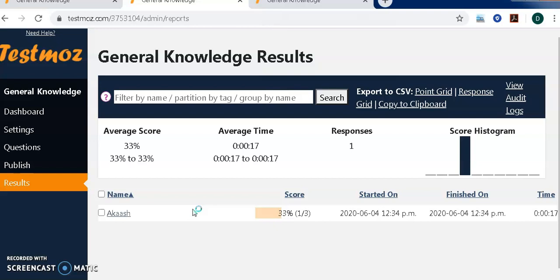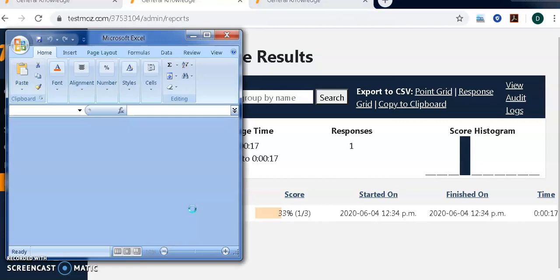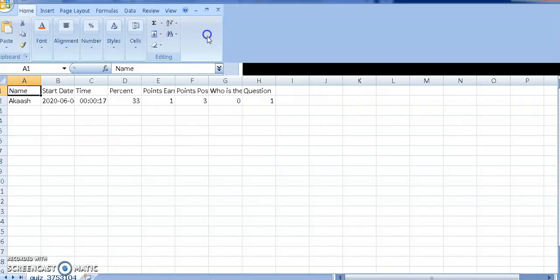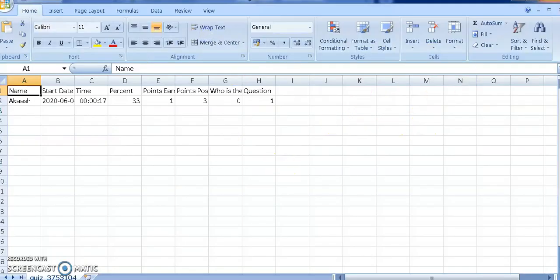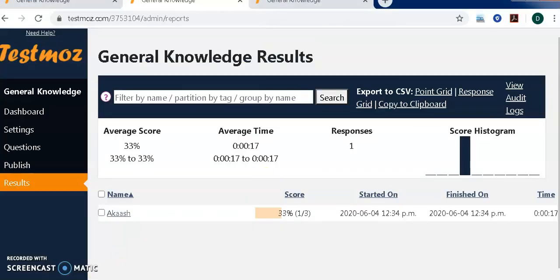Sometimes you don't need heavy tools for conducting a test. Such a test can be very handy in maintaining interest among your learners. So see, this is the result, so keep exploring it. This is all from my side, and this is a wonderful tool. I hope you enjoyed it.